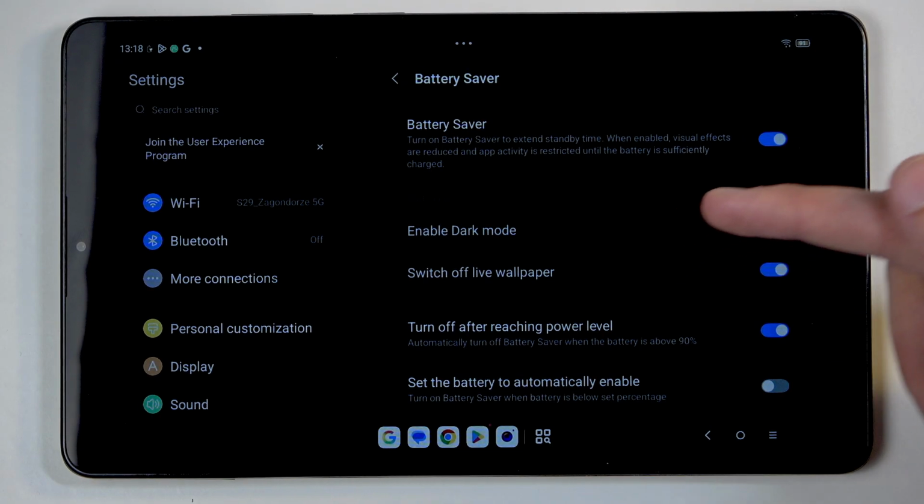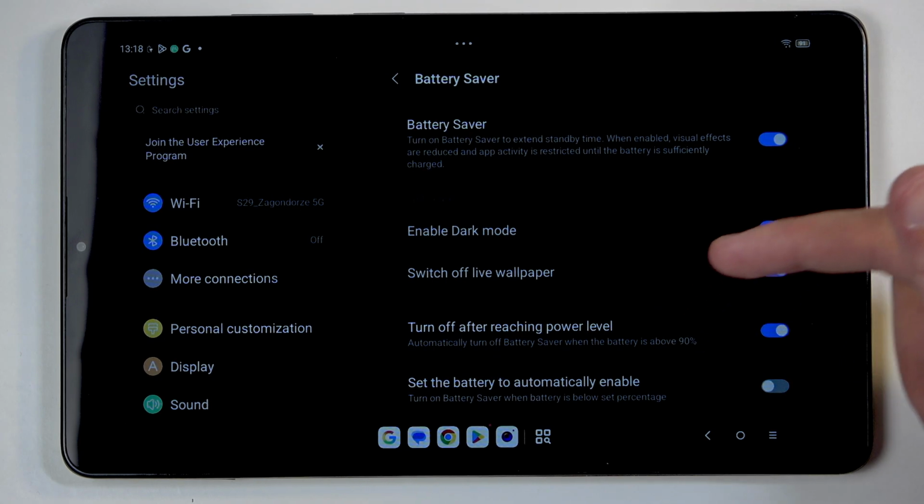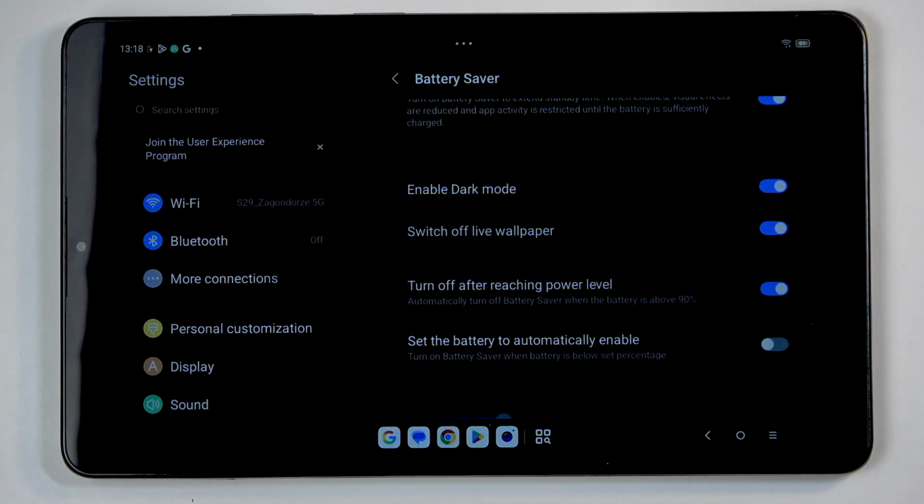So we have enable dark mode when your power saving mode is enabled. Switch off a live wallpaper. We have turn off after reaching power level, which is 90%. So when you start charging your device and it gets to 90 plus percentage, it automatically will turn off your battery saver,